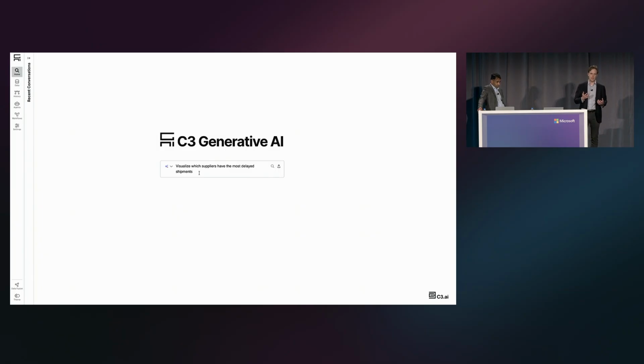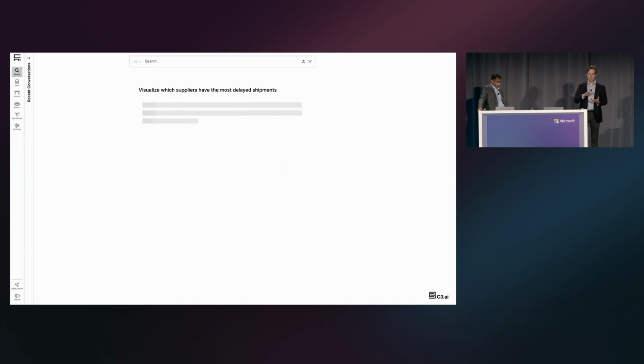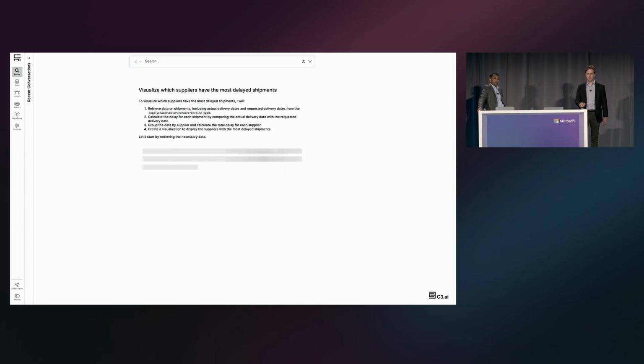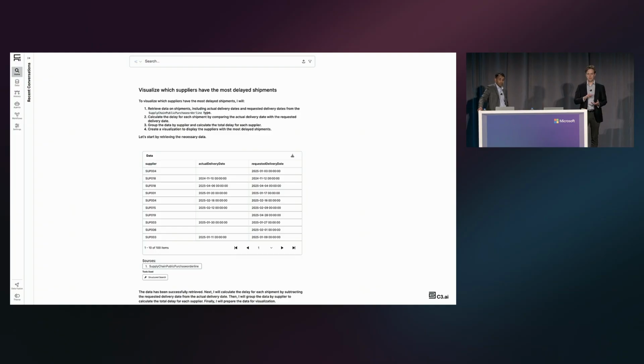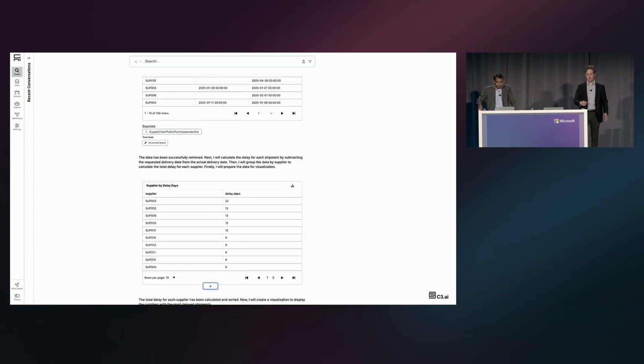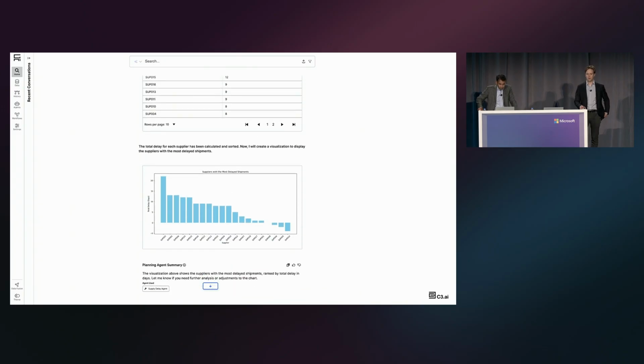So we've launched the application that's associated with that same ontology, and I can start asking it about suppliers that have the most delayed shipments. So I can identify maybe at-risk suppliers and think about, should I change who we're working with for getting certain parts? It went through that pretty fast, but at the top, it generated a plan. It reasoned over the ontology. It said, hey, we need to look at our purchase orders to see which ones have been delayed over the last year. It's going to automatically generate a query against our ontology,